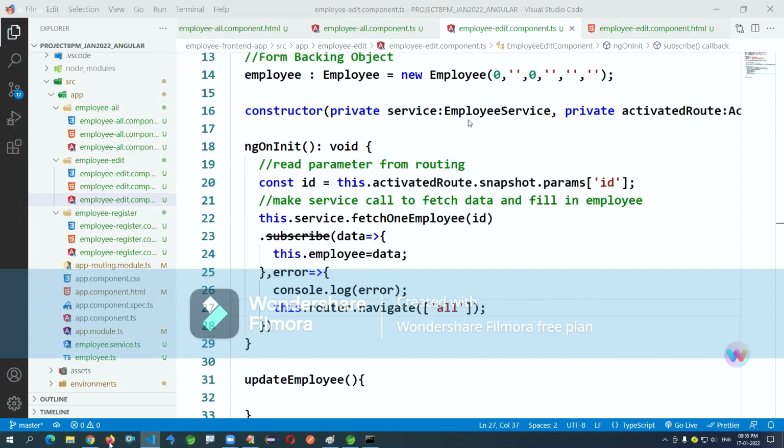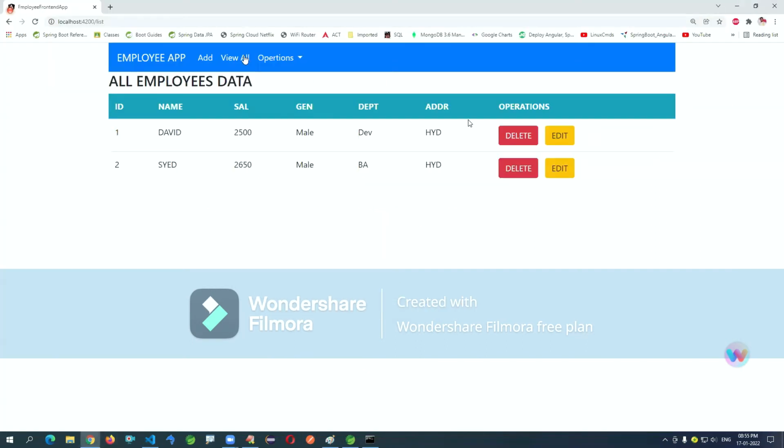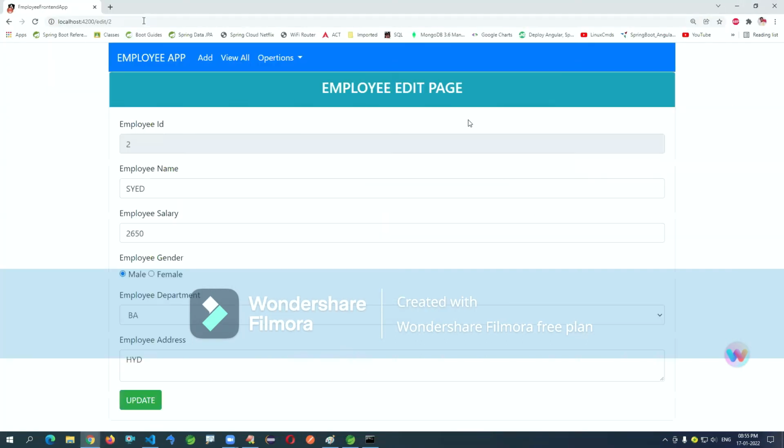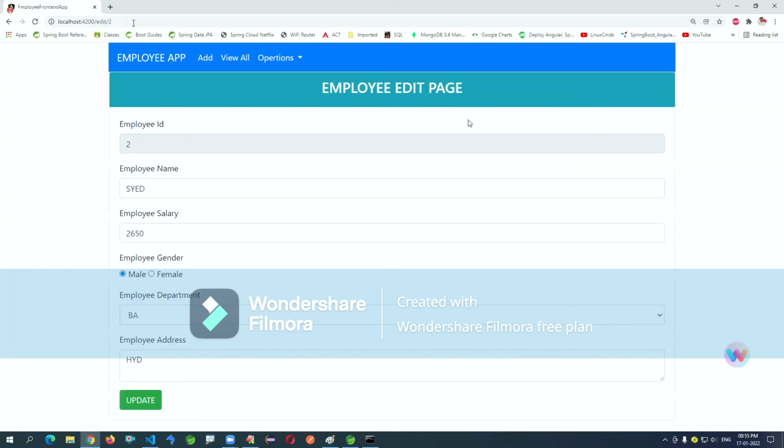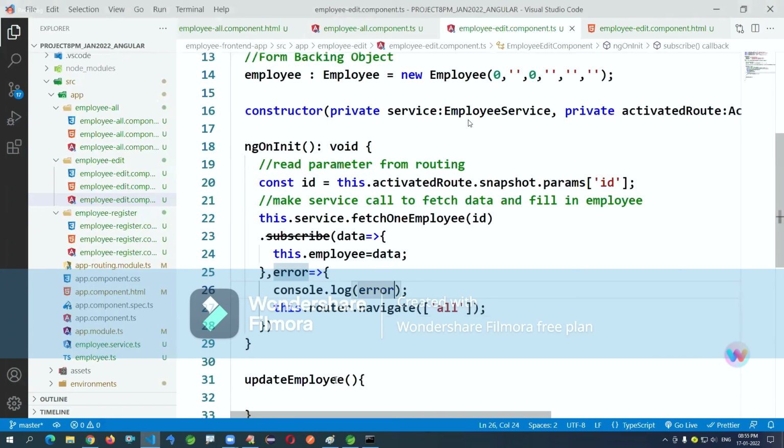Yeah, same. There also redirect process we have, right? Try to do edit, passing the ID which is not present.